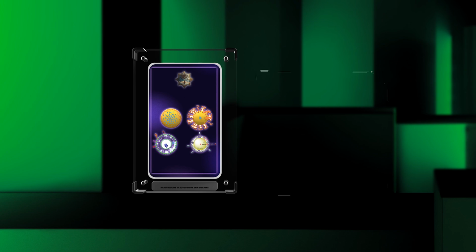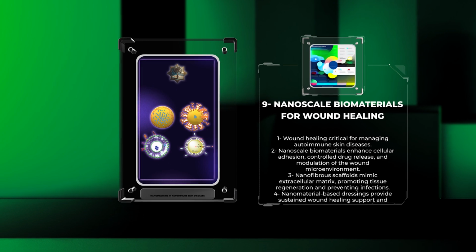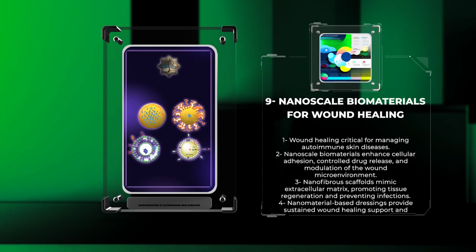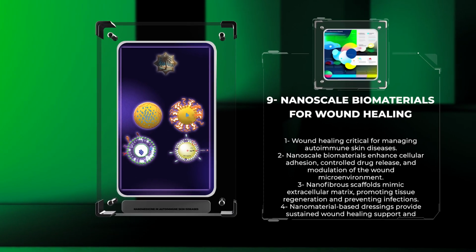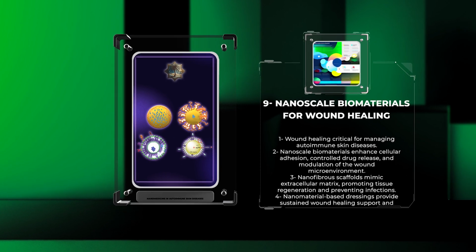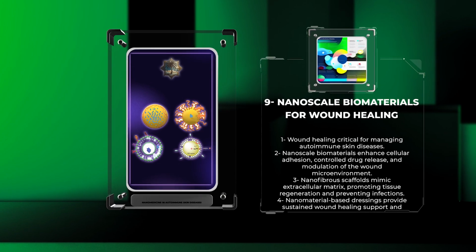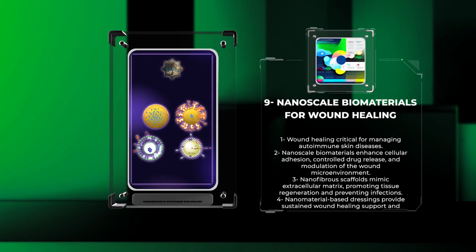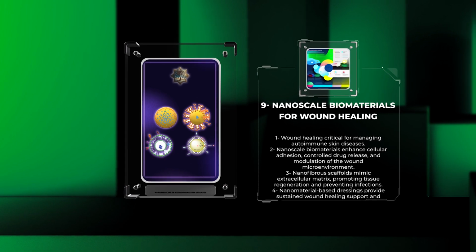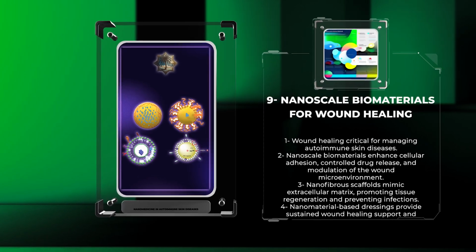Wound healing is a critical aspect of managing autoimmune skin diseases, as chronic inflammation often leads to tissue damage and non-healing ulcers. Nanoscale biomaterials offer unique properties for promoting wound healing, such as enhanced cellular adhesion, controlled drug release, and modulation of the wound microenvironment. Nanofibrous scaffolds, for instance, can mimic the structural architecture of the extracellular matrix and provide a suitable environment for cell attachment and proliferation. By loading these scaffolds with growth factors or antimicrobial agents, it is possible to promote tissue regeneration and prevent infections. Nanomaterial-based dressings with controlled drug release capabilities can provide sustained wound healing support and facilitate the recovery